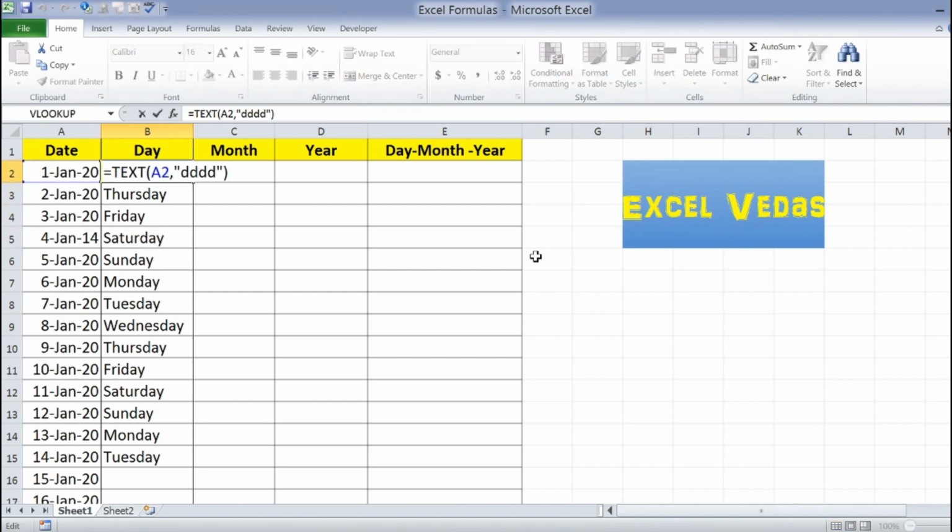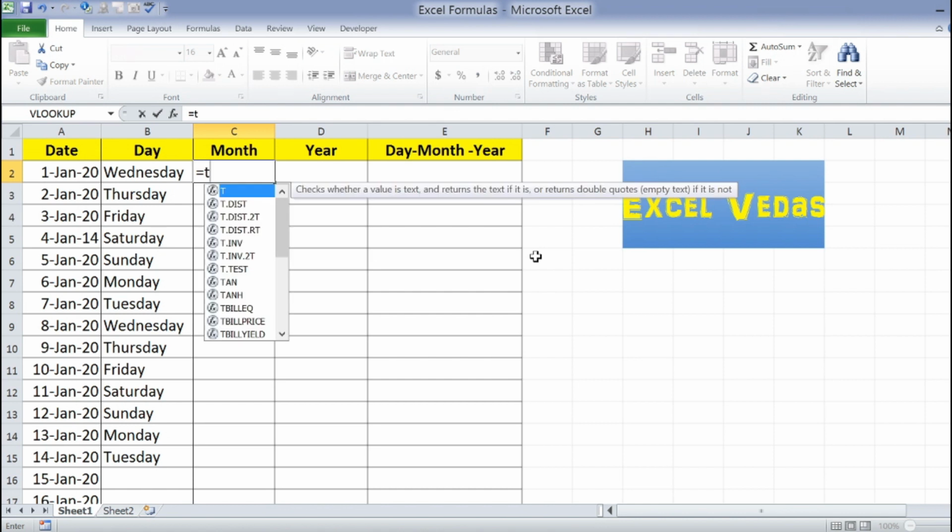So here in the TEXT formula, within the inverted commas, we have to give the command. When we want to find out our day, we need to give the command as D. If you give D three times, it shows the short form of the day. If you give D four times, you will get the complete result. And as I told, if you put a single D or two Ds, it will come as a number, the day number of the month. Okay, so let's see how the month works.